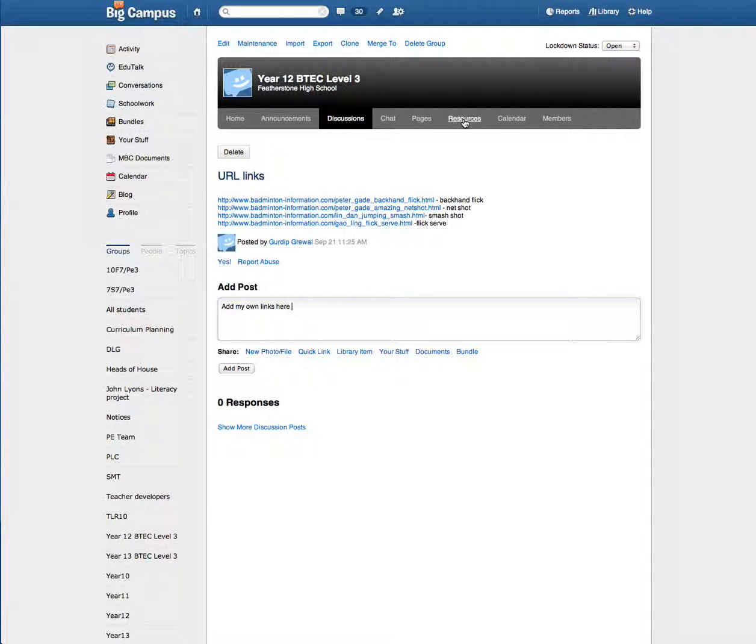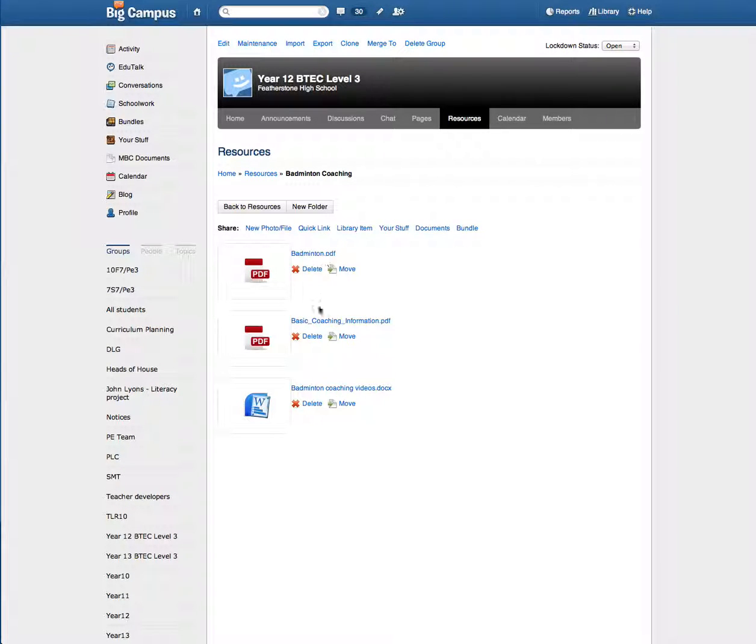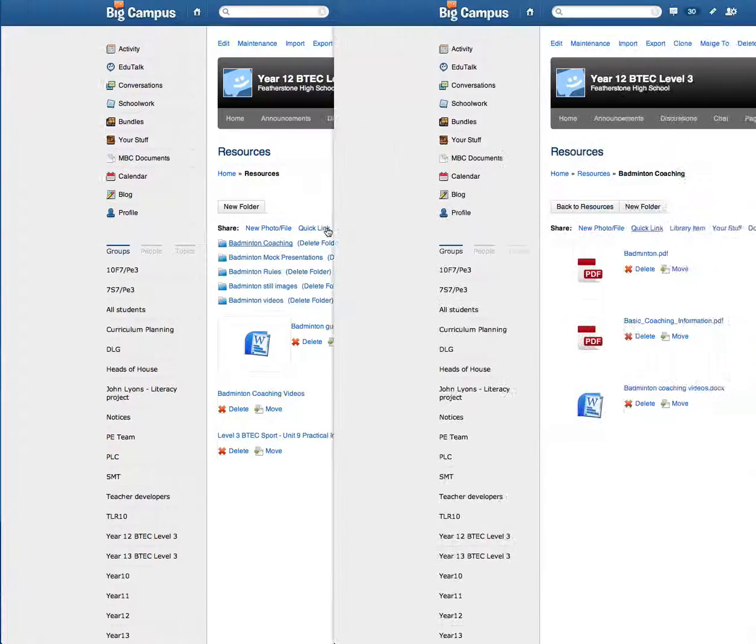The last two features I want to look at are the resources. That's probably the most important feature, because what it allows me to do is any resources that I have, I can share with this group and ensure that they can access it both in the lessons but also anytime they're logged on to My Big Campus. So here we can see a range of different resources. If we just look in, we've got some PDF and Word documents there that will help them,